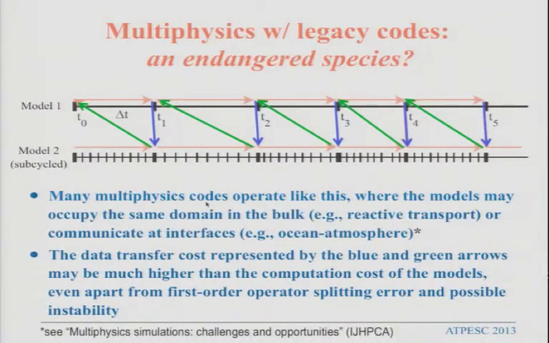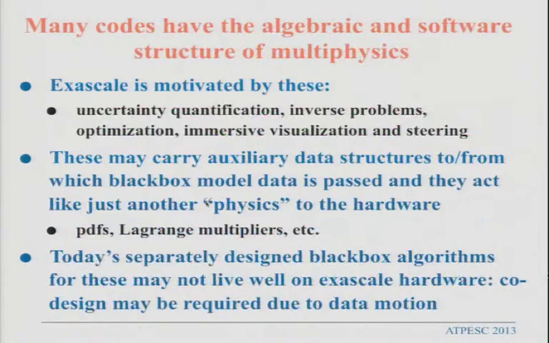Many codes actually have algorithmic and software structure just like multiphysics. That extra physics might be the PDFs in uncertainty quantification. It might be the Lagrange multipliers in a constrained optimization problem. It's another working set of the same size as the forward model, and we go back and forth between them as if memory was flat. And this will, of course, have to end. Your generation will have to break the black boxes and figure out how to dynamically construct codes that have much better